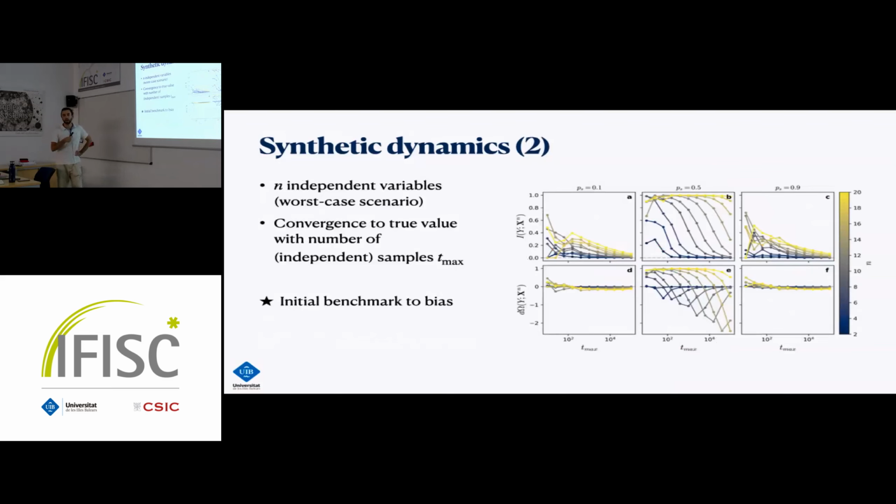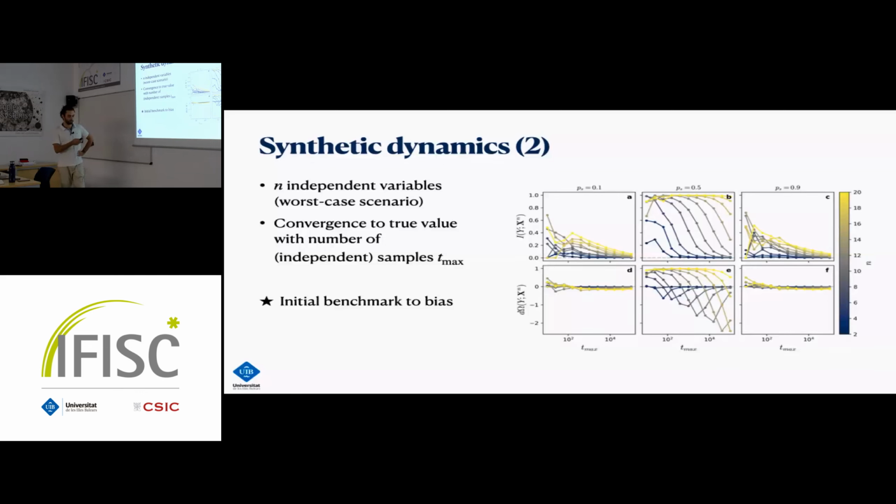Another simple setup that we can look at is what happens when we increase the number of variables that we use to calculate the dynamical O information. And in this case, we'll just look at completely independent sources and targets. And we see what happens when we increase n, which is the number of source variables. As we increase n, it takes an increasingly large number of samples for us to recover the correct value, the true value of the dynamical information that we would expect. And this is an important, kind of initial benchmark to the bias we expect with this sampling methodology